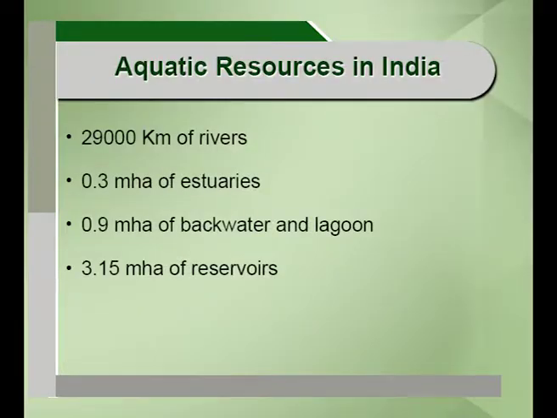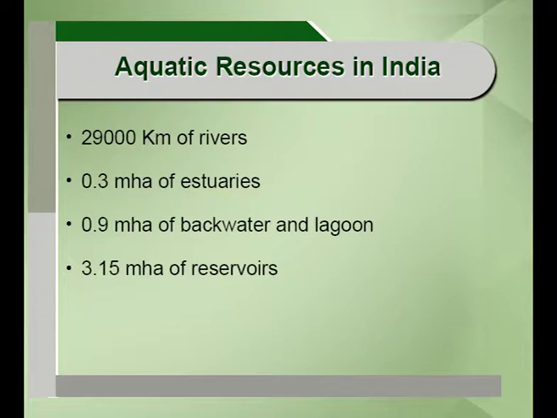Endemic fish species in the Western Ghats are a very important resource for the people, and also important from the perspective of conservation, because these species exist only in that particular region. So we need to take utmost precaution and measures to conserve the species present in the Western Ghats. As far as aquatic resources in our country are concerned, we can boast of 14 major rivers and 44 medium rivers. It comes to around 29,000 kilometers of rivers.